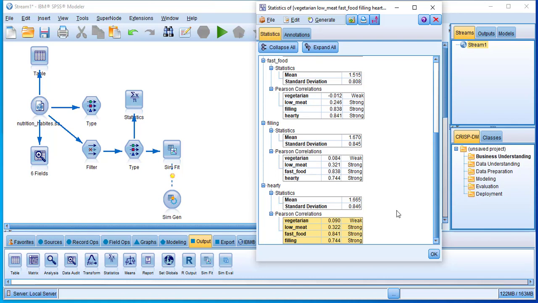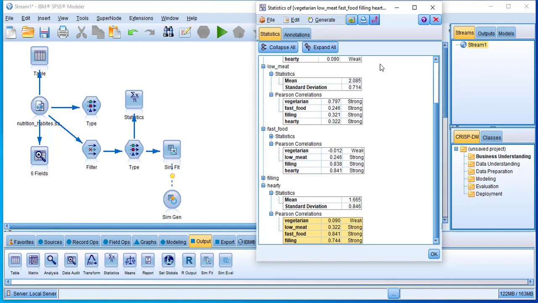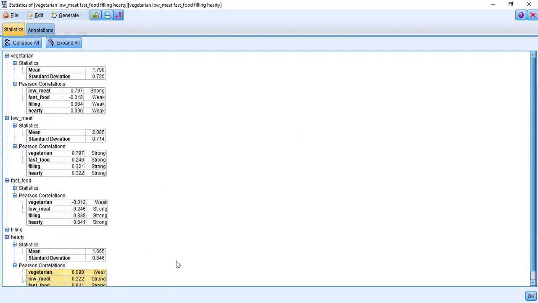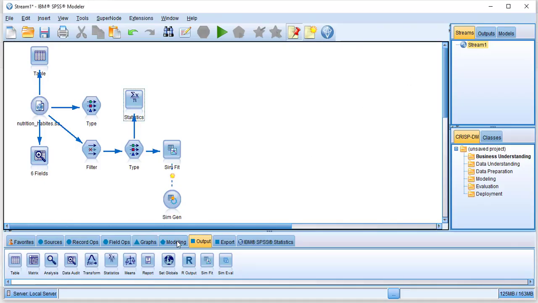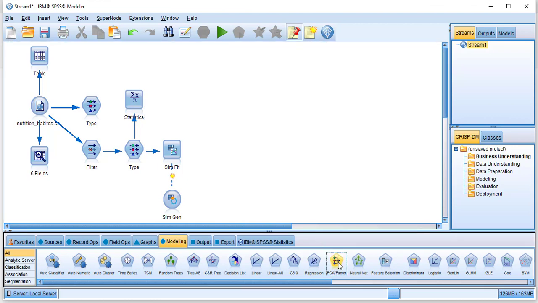I believe there's another way to see our table, right? Yeah. Extend or collapse. It's okay. So, what is important? Yes? Yeah, I just wonder to know that strong. So for that, we can go to the modeling and just add PCA or factor. Okay, hold on. Modeling, PCA factor. Okay,